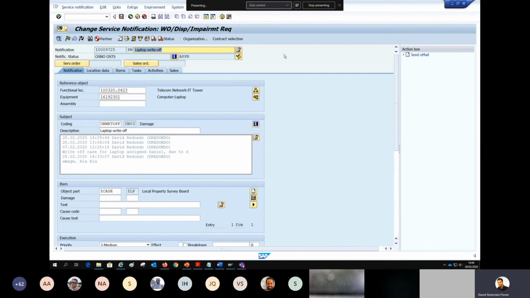let's say functionality. If everything is fine and we already approved, the notification approver, apart from approving the transaction, will click on this green flag to release the notification. Or here it says put in process. So this means we are giving green light to the disposal planner to go ahead, and as well to the SD11 to start acting on the equipment. So we click on the green flag